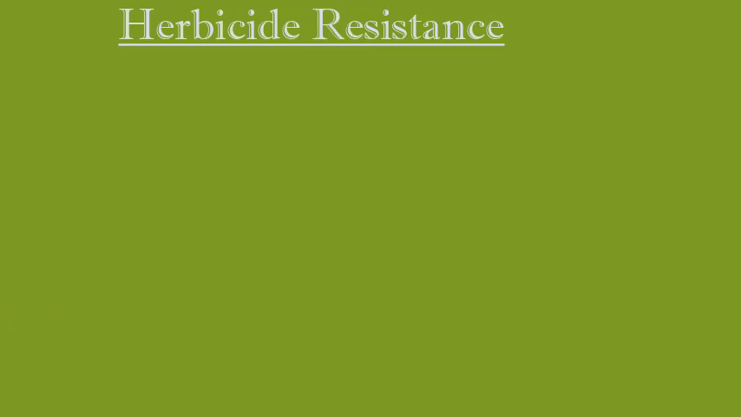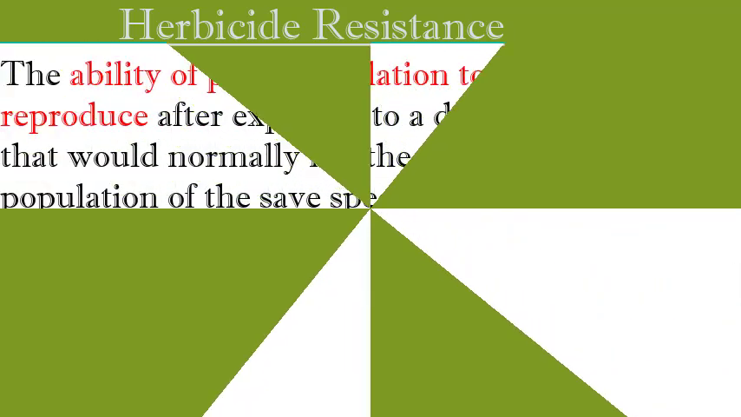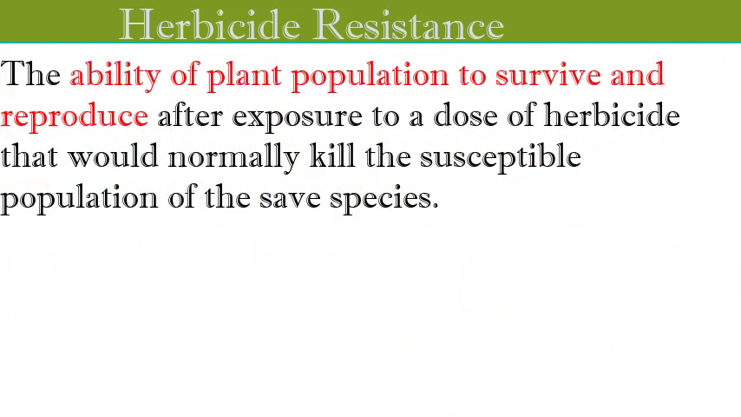In this lesson, we are going to talk about herbicide resistance. Herbicide resistance refers to the ability of a plant population to survive and reproduce despite being exposed to a herbicide that would normally kill the plant or severely inhibit its growth. This phenomenon is a significant challenge in agriculture and environmental management, as it can lead to reduced crop yields and